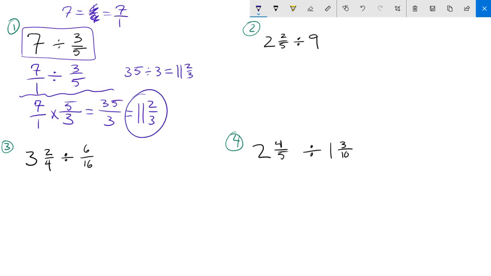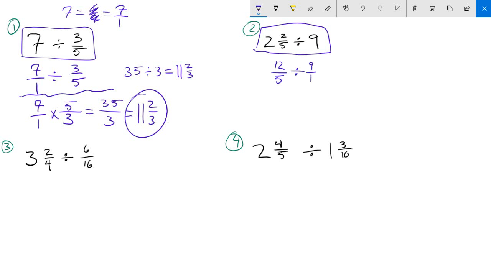Let's move on to problem number 2. So 2 2/5 divided by 9. First things first, I need to put this into a form where it's just improper fractions. So I would say, okay, 2 2/5 would end up being 12/5 divided by